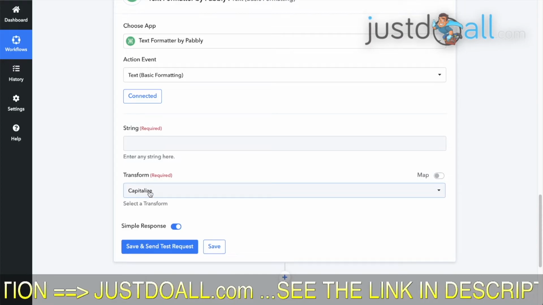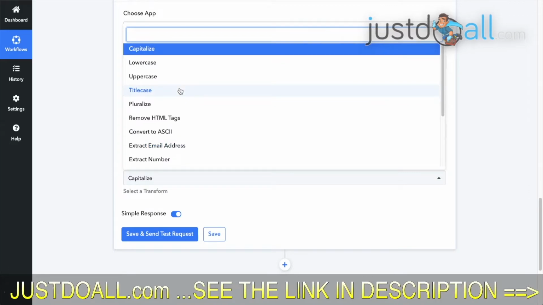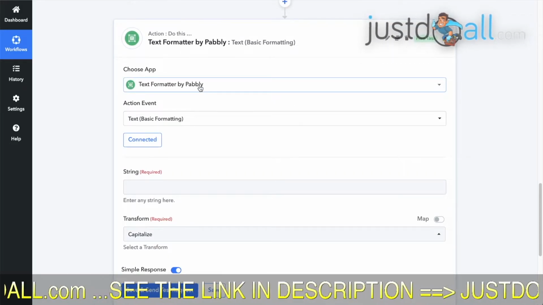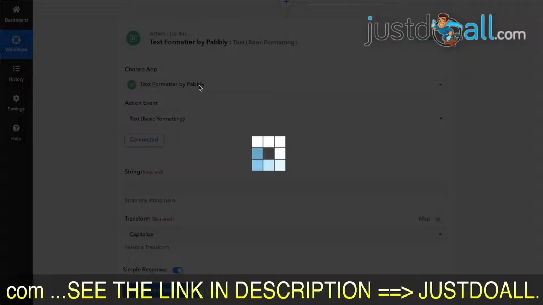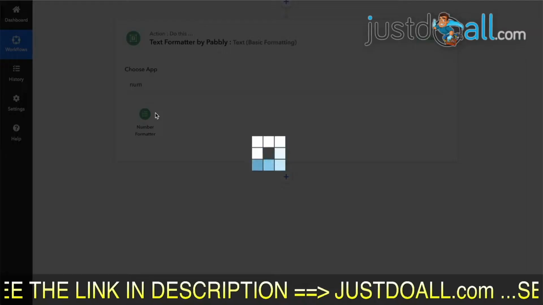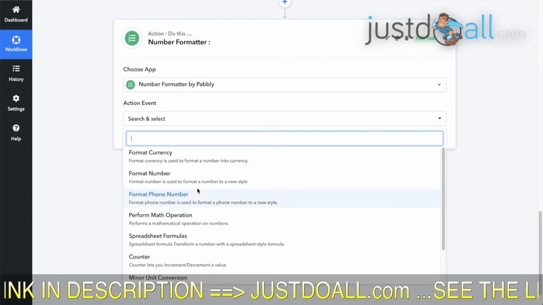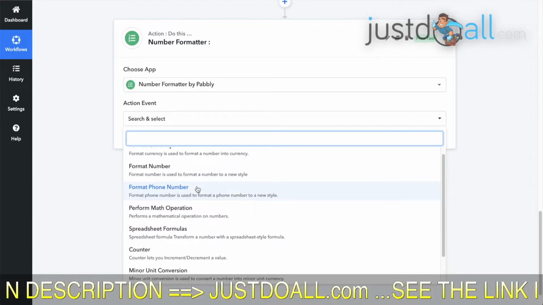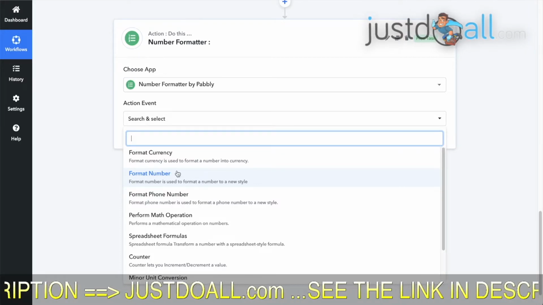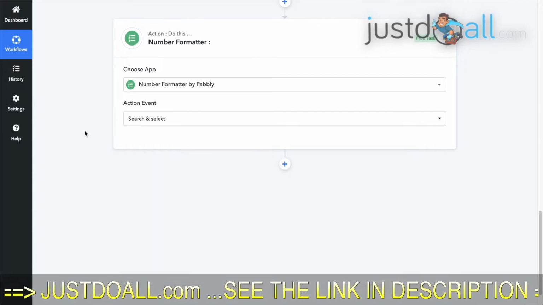And what is the transform that we want? Okay, so this is not the correct one. Maybe instead of text formatter, I will try number formatter, even if it's not a number, to try to concatenate. No, we could use spreadsheet formula, but it will work.